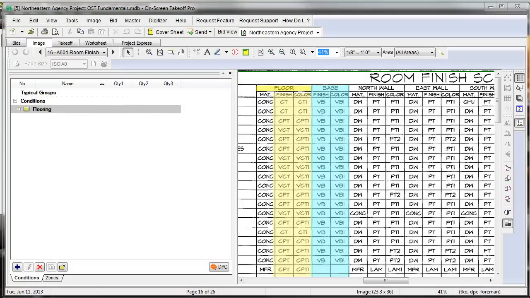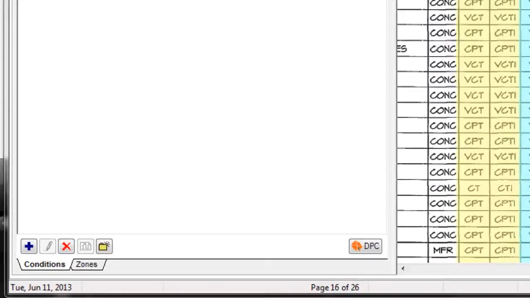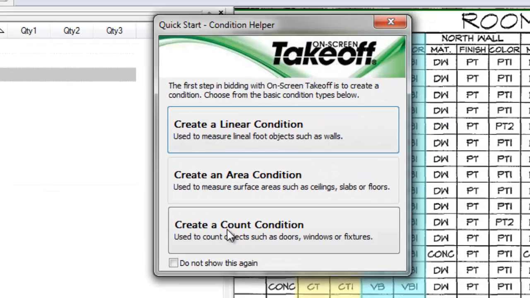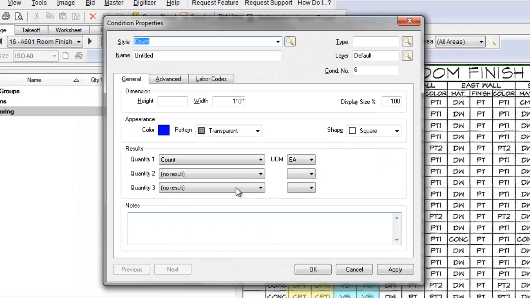The next item we want to talk about is the count condition type. So we'll go over here and hit the plus button, create a count condition. And for this, we're going to do the treads and risers that we were talking about earlier for the flooring. So the first item here is going to be treads,